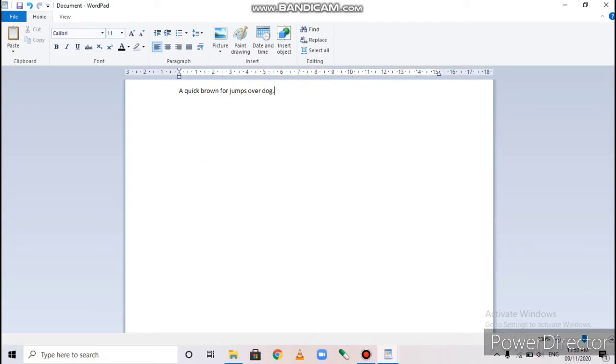When the first line is completed, the cursor will automatically move to the next line. And if you want to insert a new paragraph, you want to move to the next paragraph, then press the enter button from the keyboard. Now, how we add text? To add text, simply click on the area where you want to insert text and type from the keyboard.